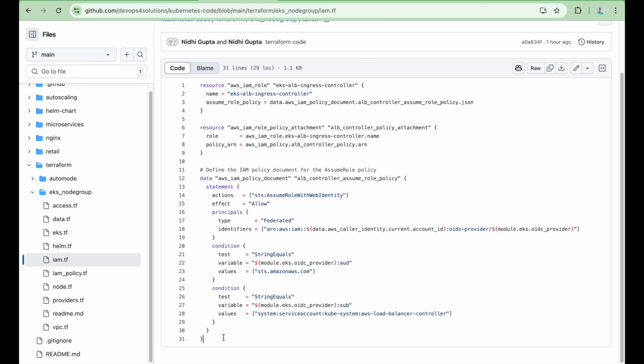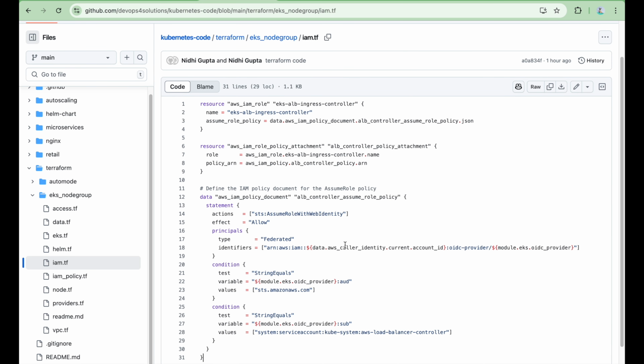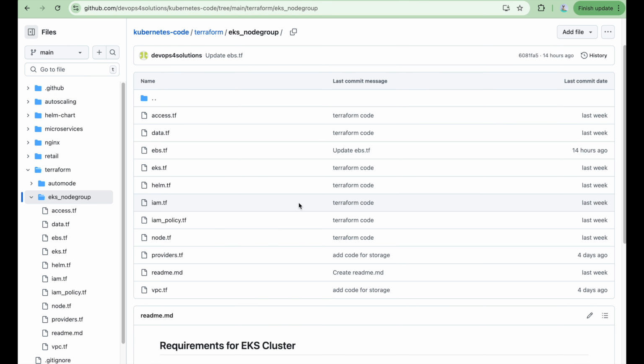I explained it when we were doing it manually also, but from the code perspective, this is how it looks. And here you can see we are using all variables and providing the references, and there is no hard coding.